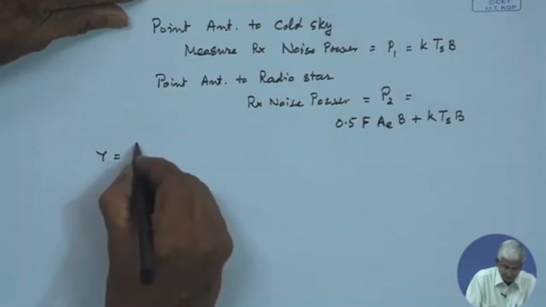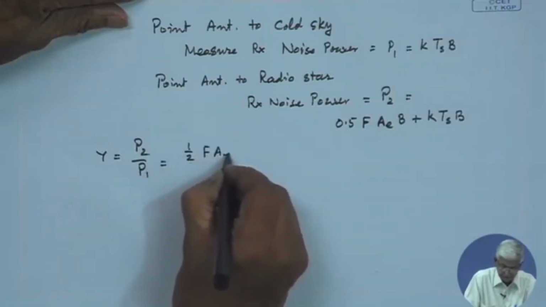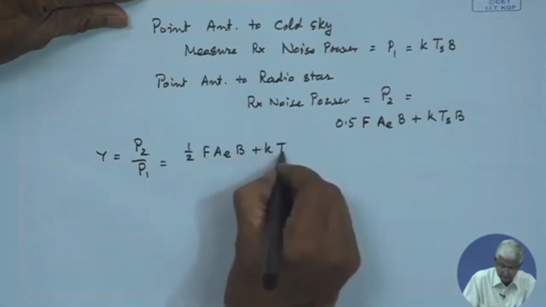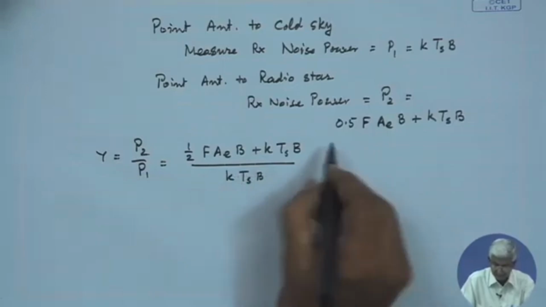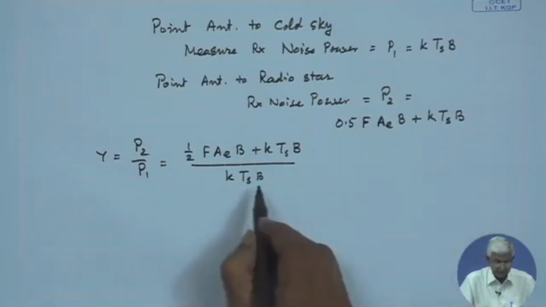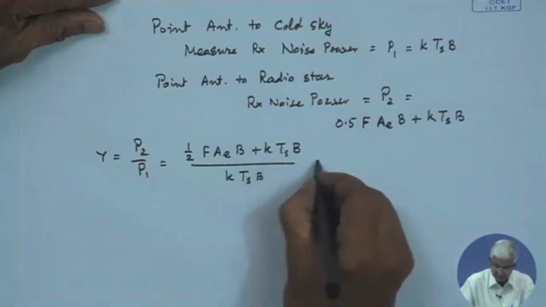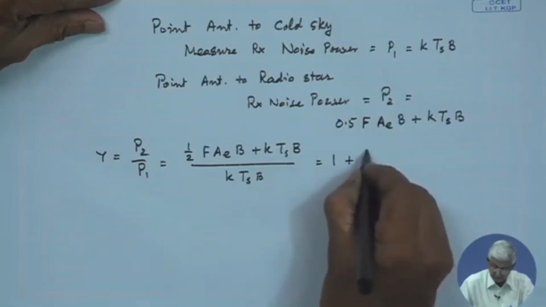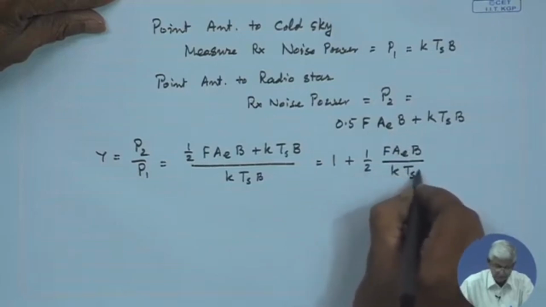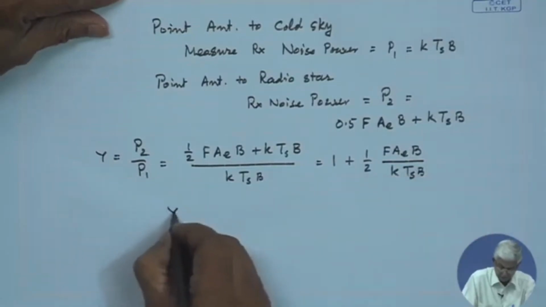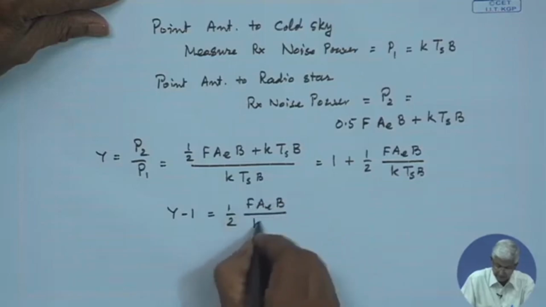So the Y factor, P2 by P1, is half F A_E B plus K Ts B, divided by K Ts B. This P2 is this value and P1 is K Ts B. Now this is 1 plus half of F A_E B by K Ts B. So we can say Y minus 1 is half of F A_E B by K Ts B,